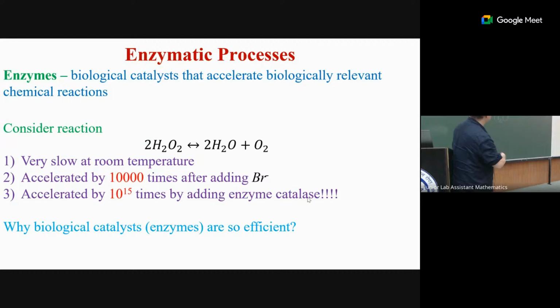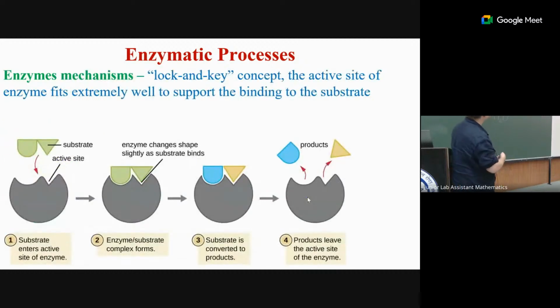So what we can see from this example is that biological catalysts are extremely efficient. They're very selective, very efficient, and scientists proposed the enzyme mechanism that follows the so-called lock and key concept, which probably some of you have heard. These biological molecules create the active sites where the reaction happens. They're very specific in geometry, so only this substrate can fit, and you can make a product.